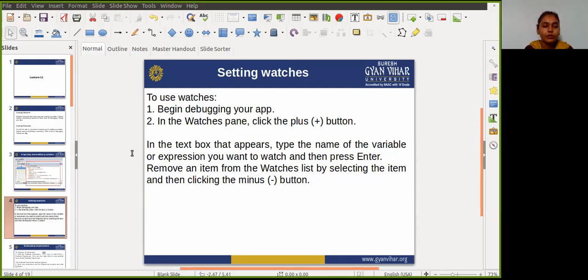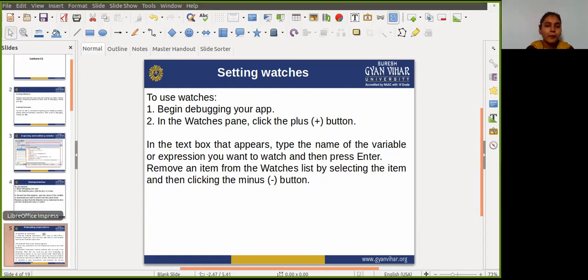Remove an item from the watches list by selecting the item and then clicking the minus button. Change the order of elements in the watches list by selecting an item and then clicking the up or down icon.